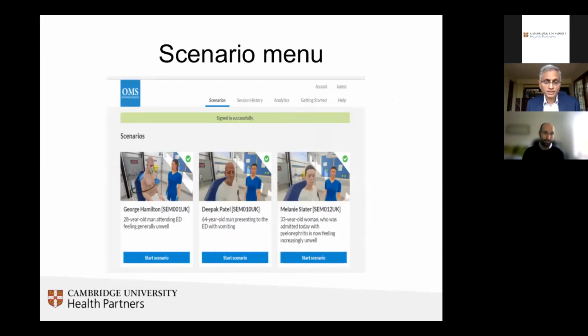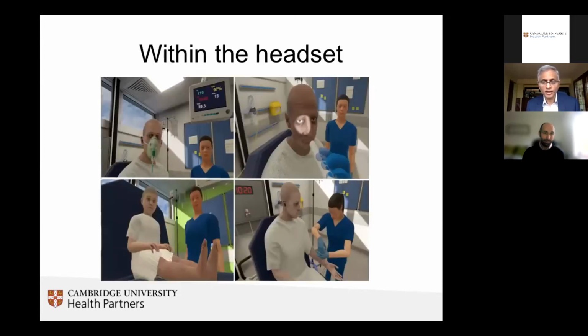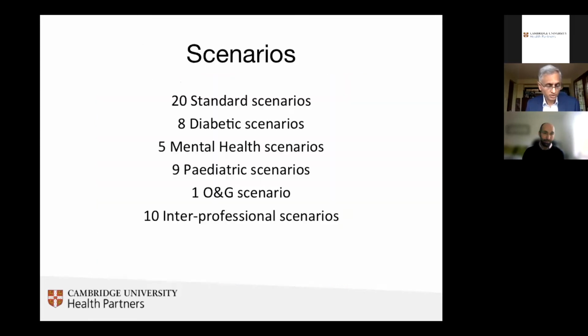Within the VR headsets, there is software that you can choose your simulated scenario. So these are an example of 3 of them. The student can log on to this one, for example, a 64-year-old man presenting to the ED with vomiting. And within his screen, he will see an image, one of these, not all 4 of them, obviously. And as they interact and make interventions, those images will change according to the scenario and how it develops.